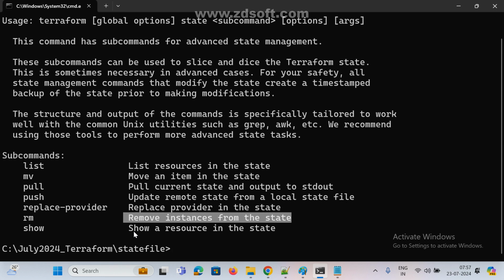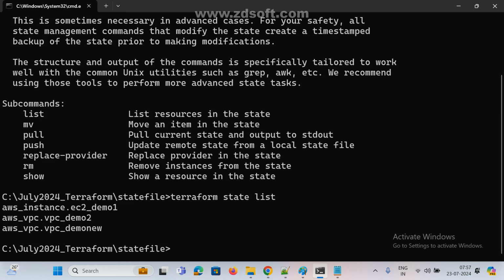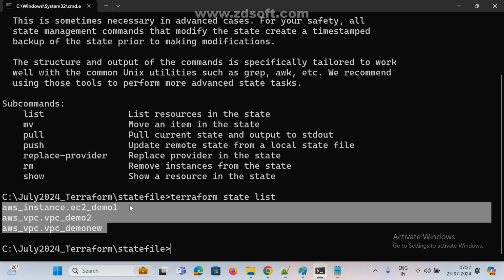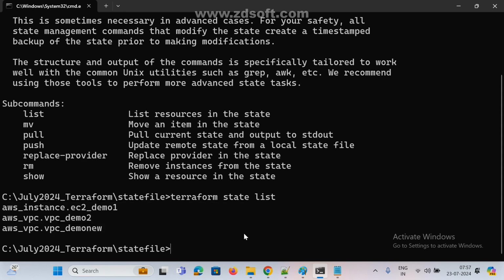Now see here, how many resources do I have in my file as of now? terraform state list. I have 3 resources, right? I am going to remove one resource. Now see here, terraform